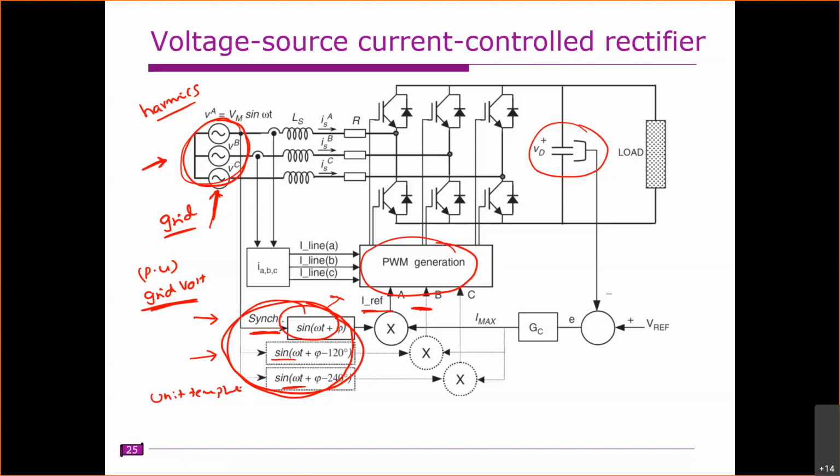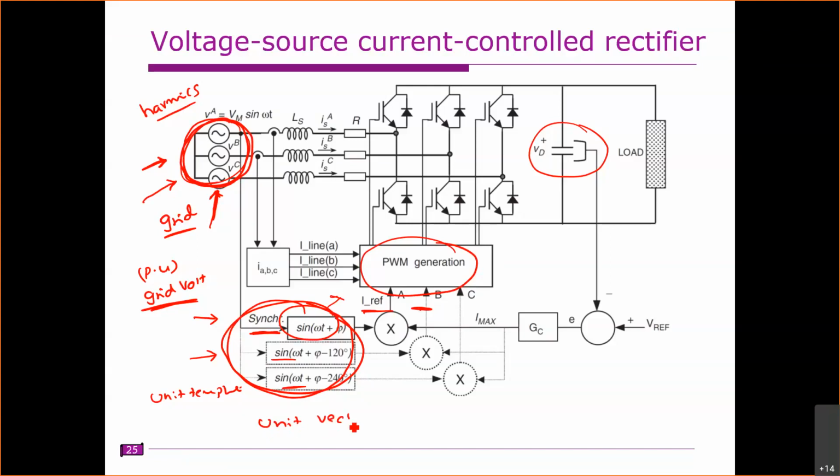So what we have to do is, for that you need to identify a proper fundamental component inside these grid voltages. We need to identify a proper fundamental voltage inside these grid voltages. So there are several methods. One of the methods is unit vector generation using phase lock loops.